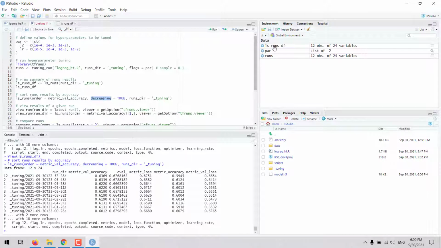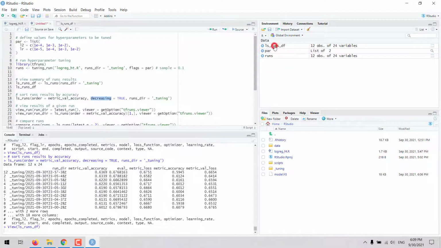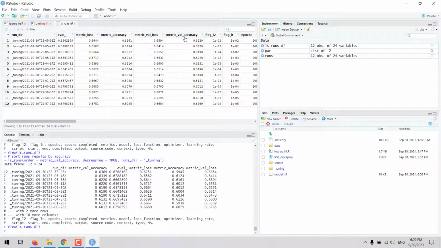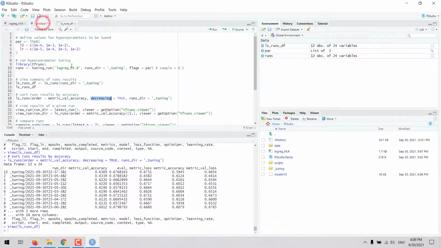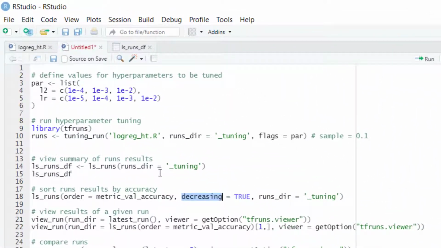We can also do that manually. We could open the table and then click on the metric value accuracy, and then we sort the data decreasingly, and we see that the best model was this one in the 12th run. So that would be a way to sort the results, but we can also take a look at each of the runs. For example, with the view_run function,